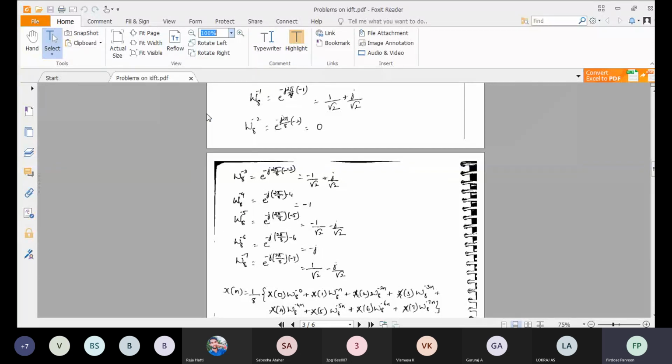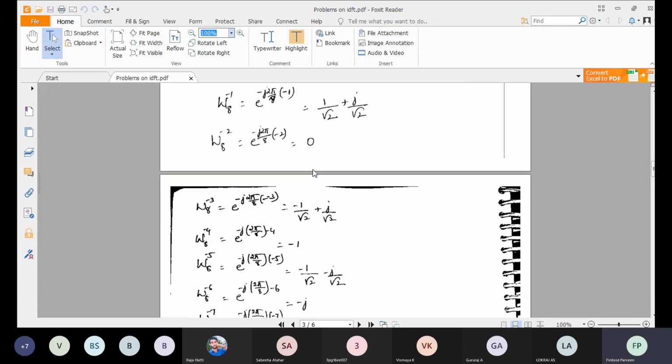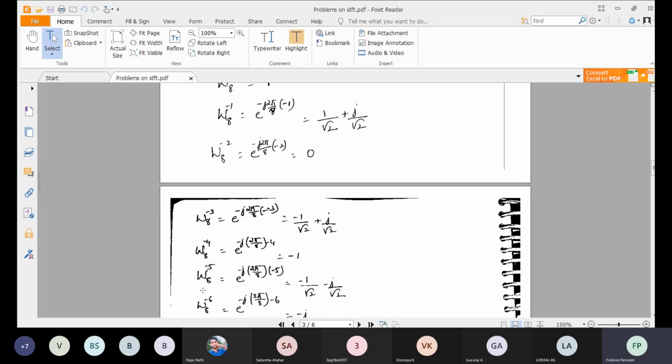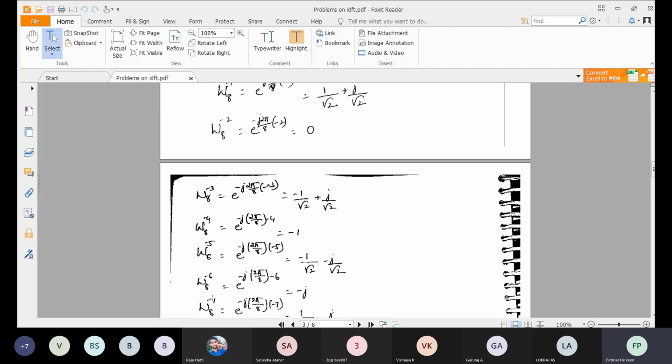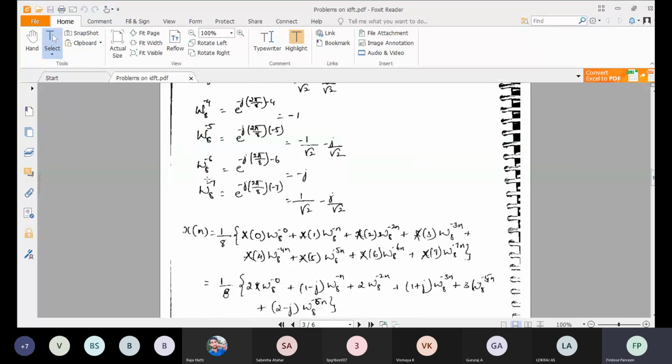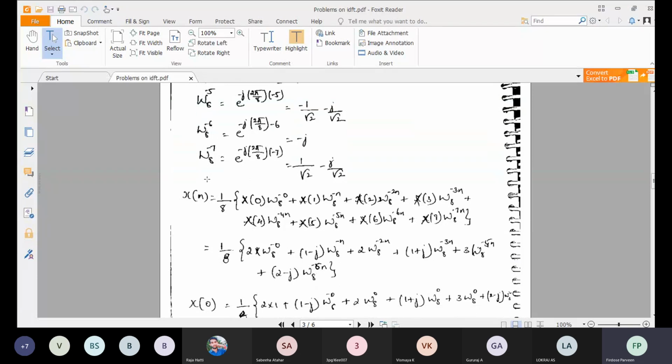Last class what I have told, it will get repeated. Okay, after minus 7, this becomes your 8, W to the power of minus 8, W to the power of minus 9, W to the power of minus 10, minus 11, 12, 13. Okay, this will be 14. Again this will be 15. Again 16. Again it comes here. 16, 17, 18, like this. Okay. So once you expand, you will get all those numbers also. So it is better to know.